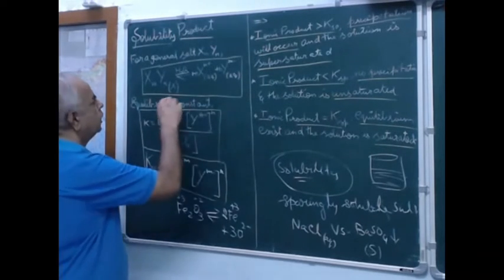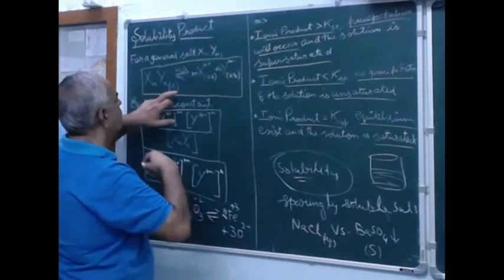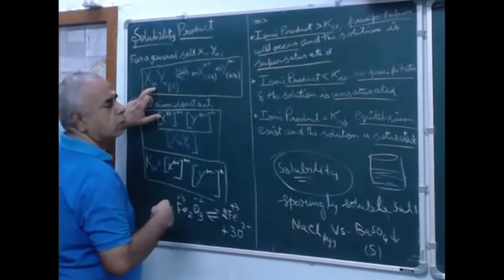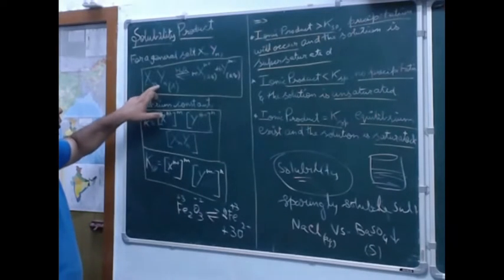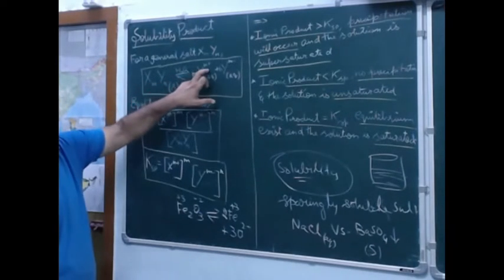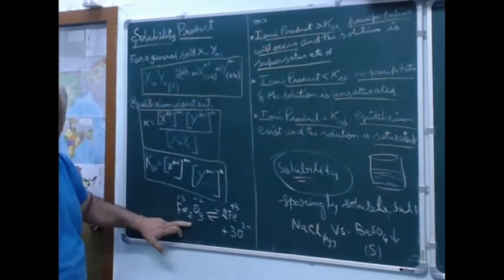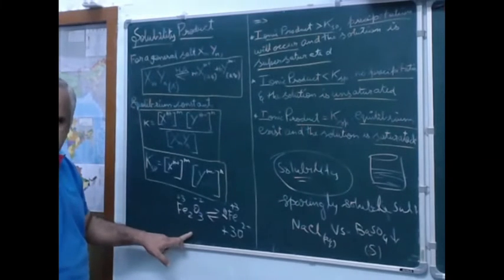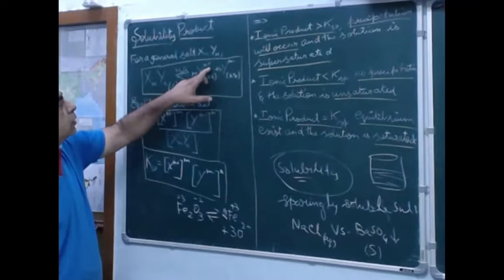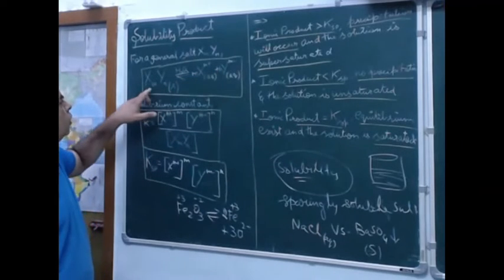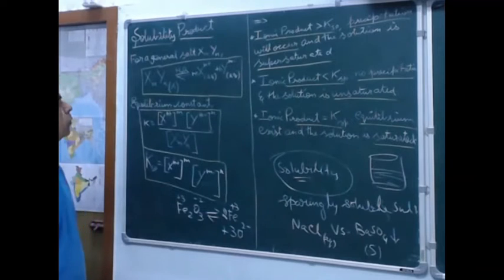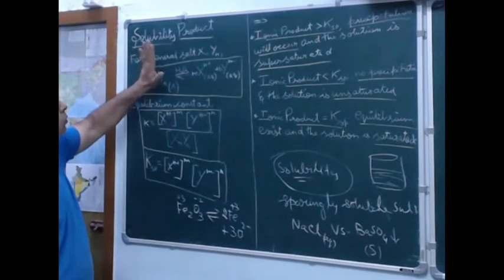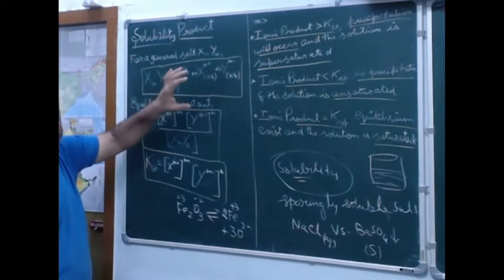So here, m moles of X, but that will have the valency n, so I have put n plus. Similar to this, just compare. You can also make a note of this. And plus n moles of, naturally, Y m minus, like 2 minus. Okay, so this is the general format for the ionization of any salt.